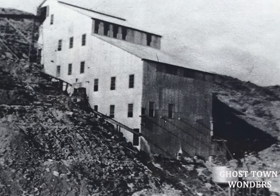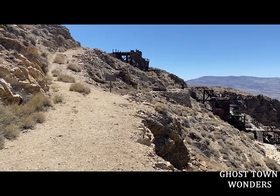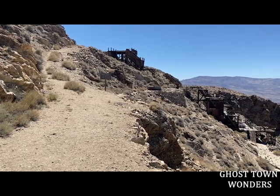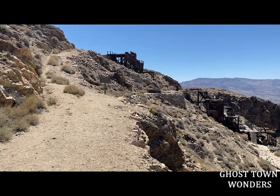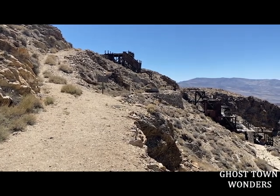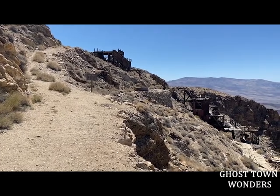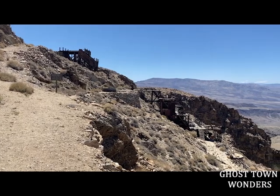This is a historical photo of the mill, probably about 1908 when it began production, could be 1907. As I understand, this mill had a 7-step process. At the very top was where they dumped the raw ore, slid down the chute to a jaw crusher, and then from the jaw crusher to a secondary bin,